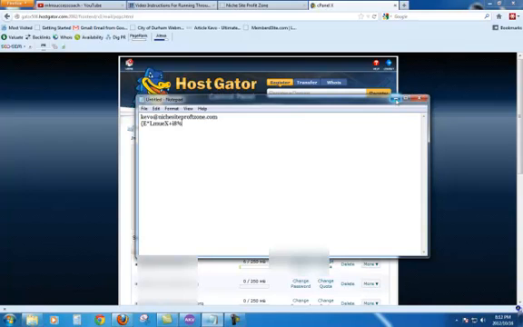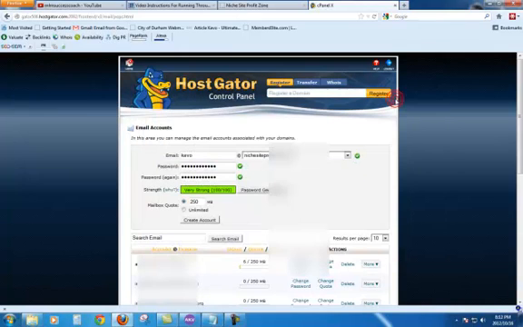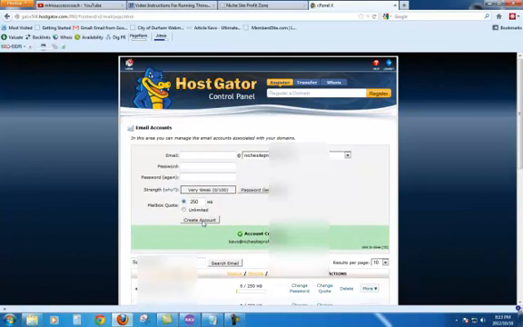Now, this is a complex password, and you want the password to be complex to log into your email account. But you don't want the password to be complex once we start creating the accounts within Article Kevo. We'll talk more about that here in just a second. Go ahead and leave the mailbox quota at 250 megabytes and click Create Account. And that's it. We've created the email address